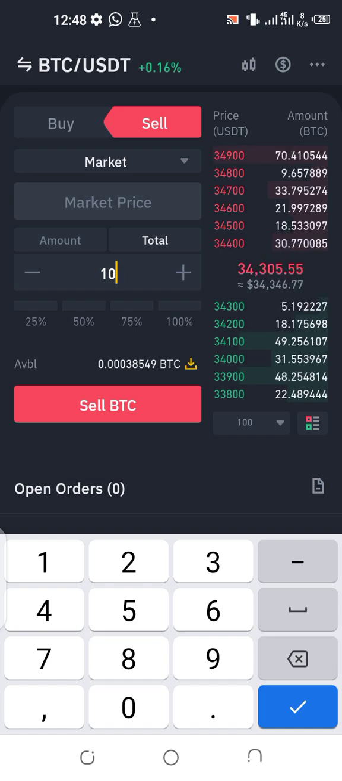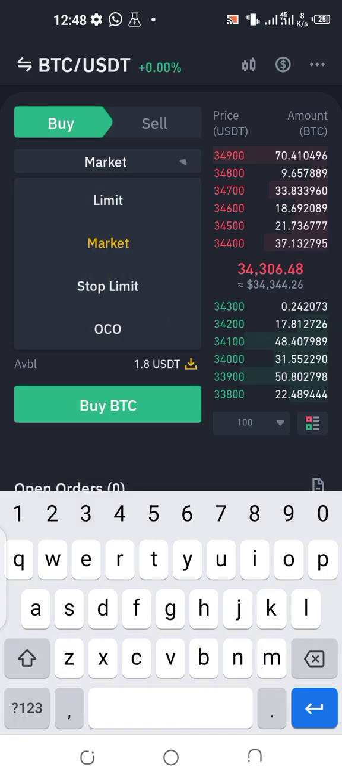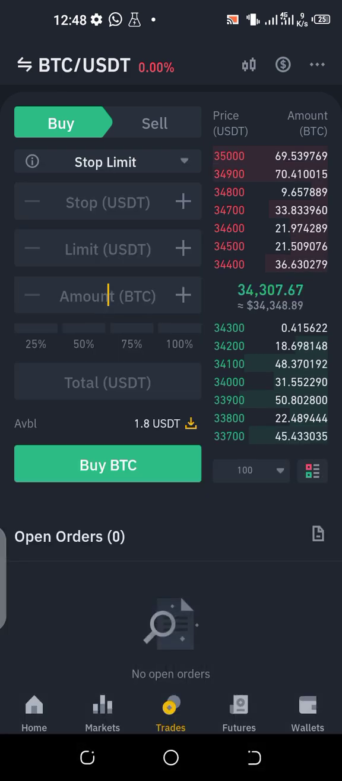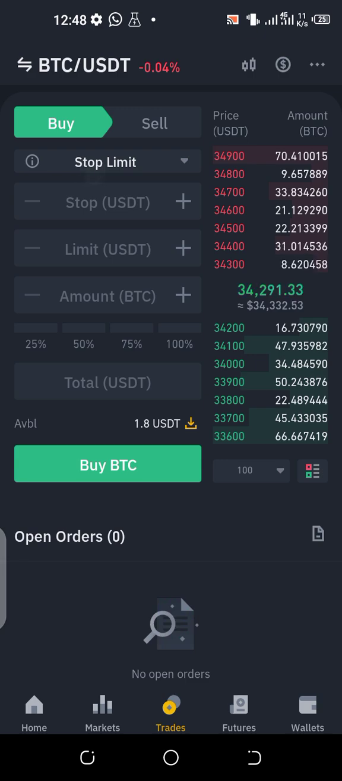It will sell and I'll have my USDT minus transaction fees. So the other types of orders here are also important. The stop limit. The stop limit works a little bit opposite to the limit order. Under the limit order,